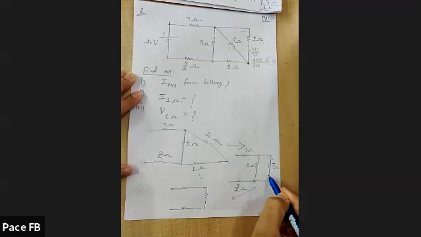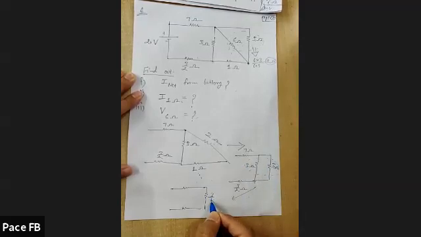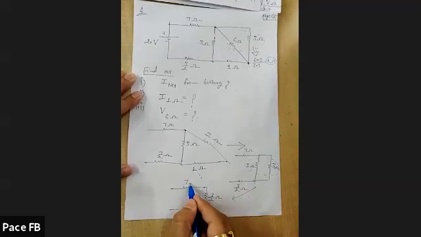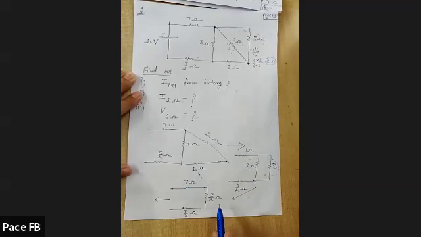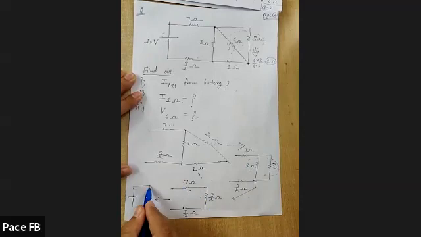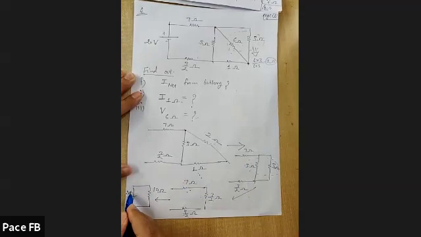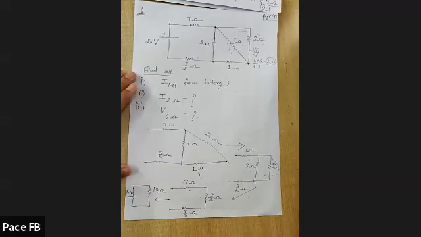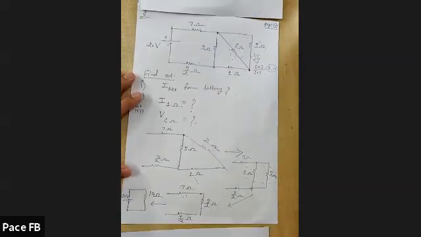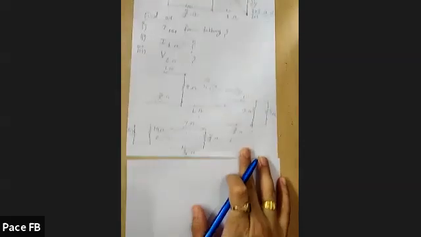So now these two are in parallel, so the equivalent would become 3 by 2 ohm. This one is already 3 by 2 ohm. And this one is how much? 7 ohm. So now what is the final resistor? Now 7, 3 by 2, 3 by 2, all three are in series. So this plus this gives you 10. So there is a battery and a 10 ohm resistor is connected. So R equivalent comes out to be 10 and there is a battery of 20 volt. Now you can clearly tell me the answer for the first part. The answer for the first part would be 20 upon 10.